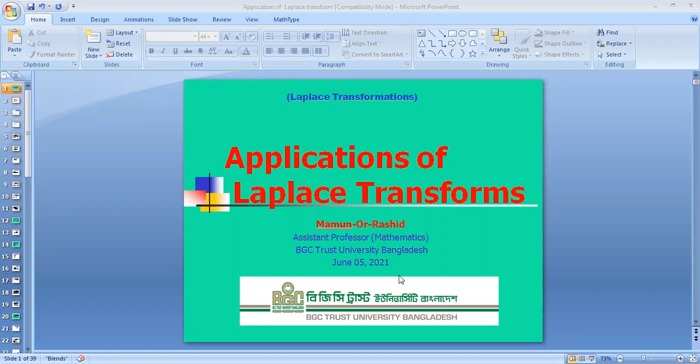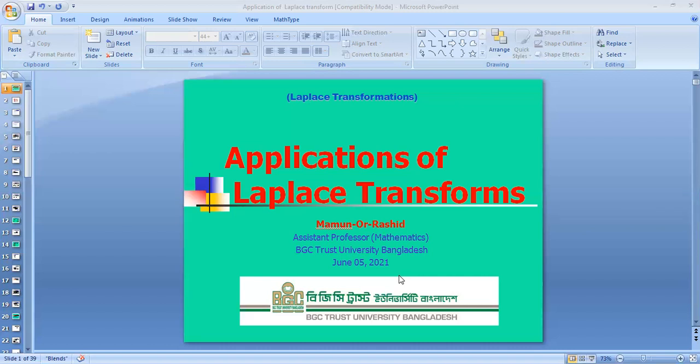First of all, you have to follow the previous lectures. First lecture: what is Laplace transformation? How to find the Laplace transformation of some basic functions. Then we have to make a chart of those basic functions and their Laplace transformations. Then what are the properties of Laplace transformation? We have to make a chart for that too. I have proved these in the second lecture, and we have used all these properties in different ways.